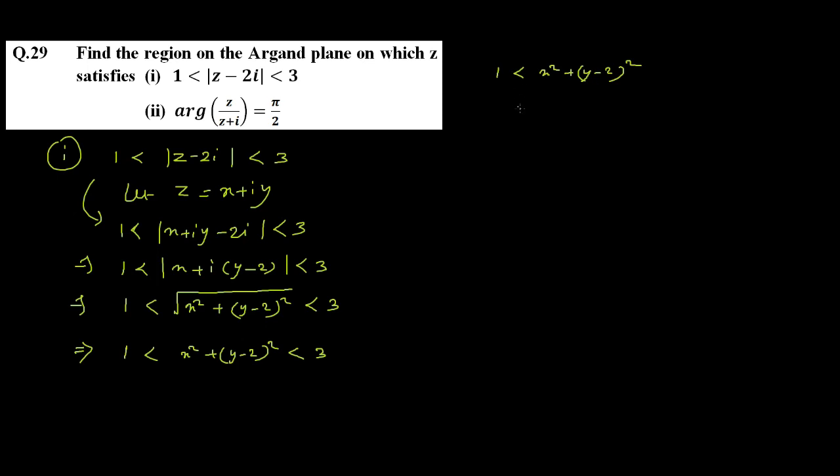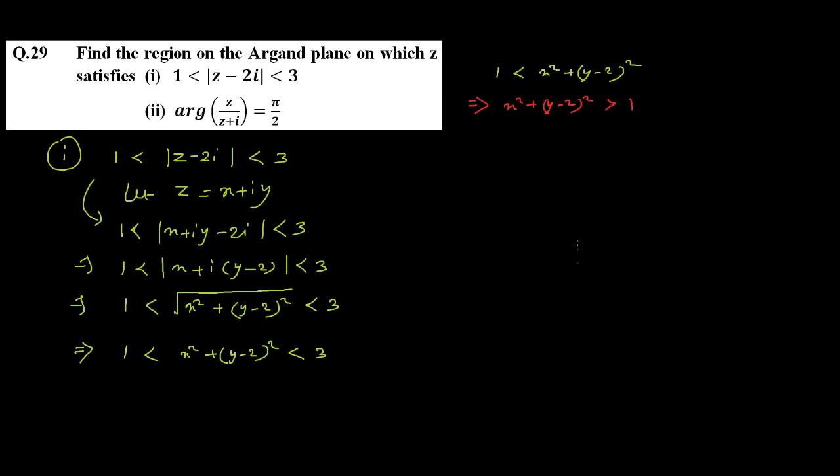That means we can write this as something like, what is actually x square plus y minus 2 whole square? If I'm talking about x square plus y minus 2 whole square is equal to 1, so what do you understand? This can also be written as x square plus y minus 2 whole square